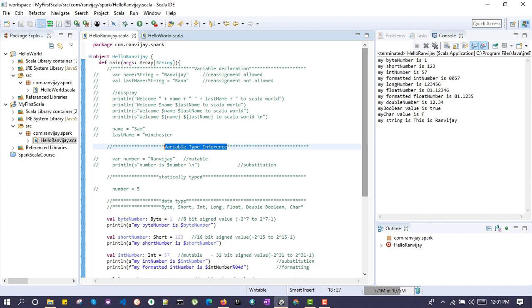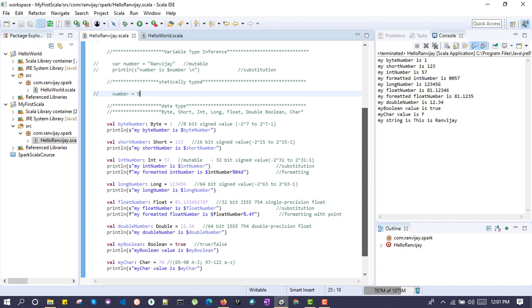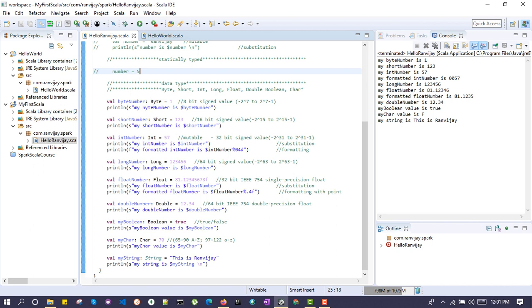Then we went through statically typed, which means once you define the type of a variable, you will not be able to reassign the type of the variable. If the variable is a string, then you will not be able to change it to a number. Then we went through data types. The data types are byte, short, int, long, float, double, boolean, and character.